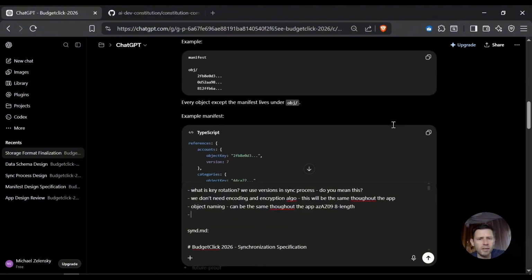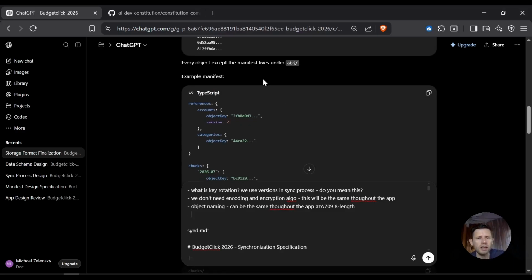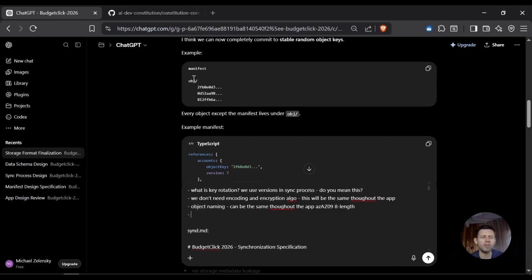Okay, so we have agreed on this, and it also suggests that all the objects will be kept under the object. Okay, I agree with this. I like this approach. Everything is in here. I agree,